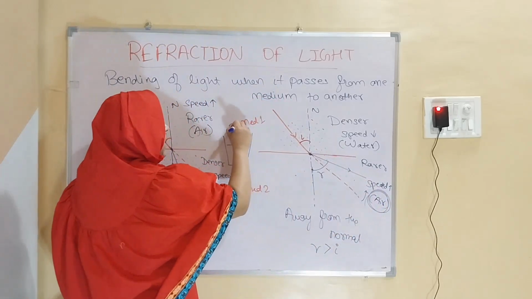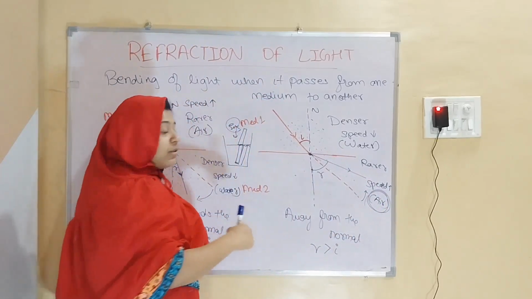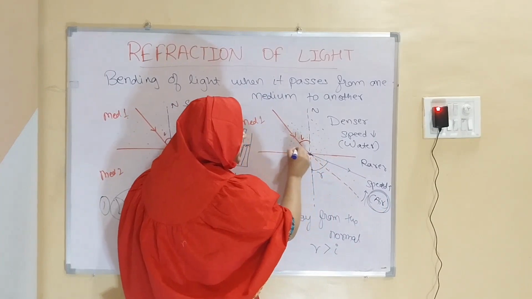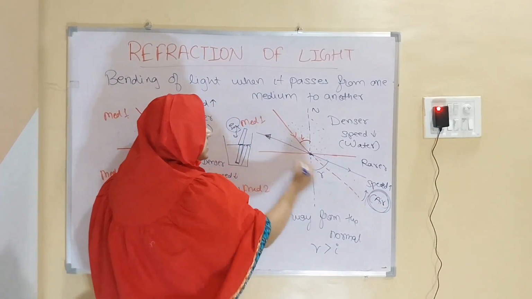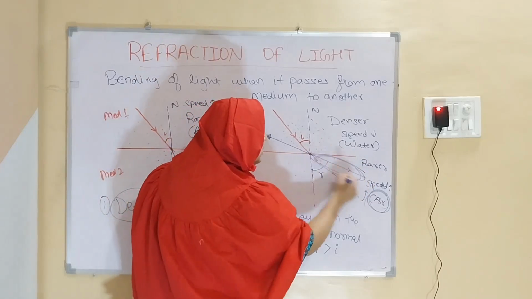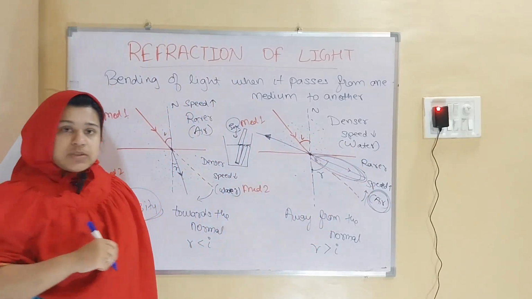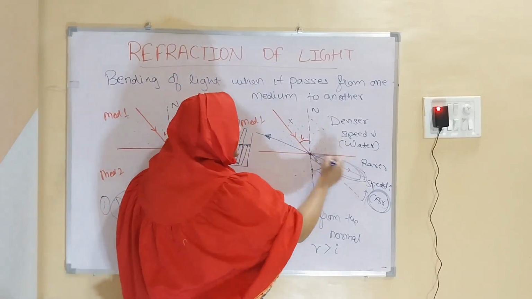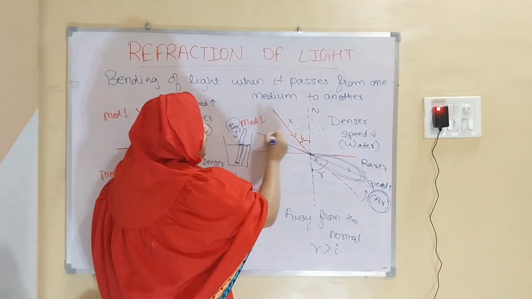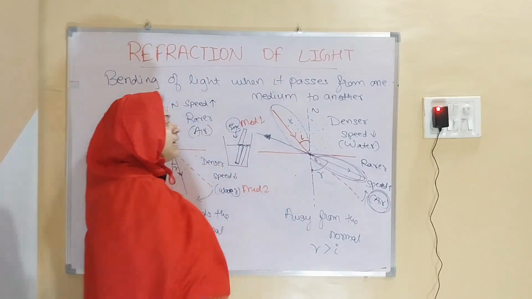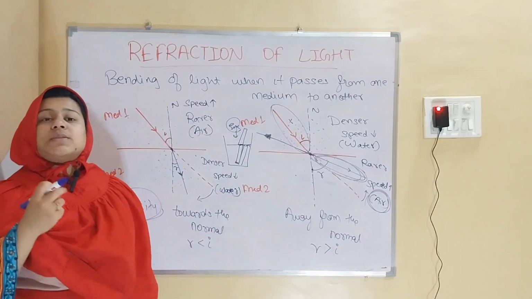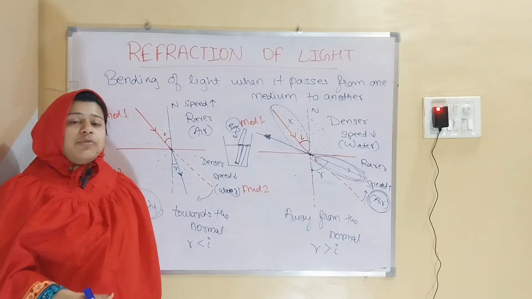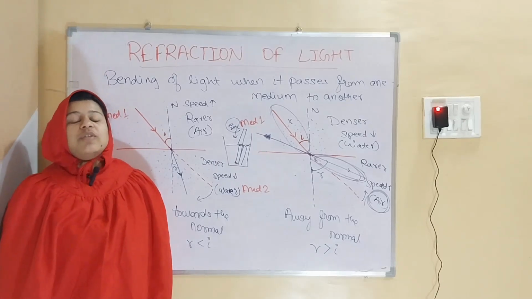तो हम कहां से देख रहे हैं? एयर से. हमारी आईज कहां पर है? In the air. तो हमें ऐसा लगता है कि जो लाइट रे है वो कहां से आ रही है? यहां से, because हम ये वाला पार्ट देख पा रहे हैं. This part is visible to us. ये पार्ट हमारे लिए विजिबल नहीं है, तो हमारी आईज को ऐसा लगता है कि लाइट रेज यहां से आ रही है. But actually the part of the ray of light is this one. So this displacement is due to the bending of light. This is all with today's class.